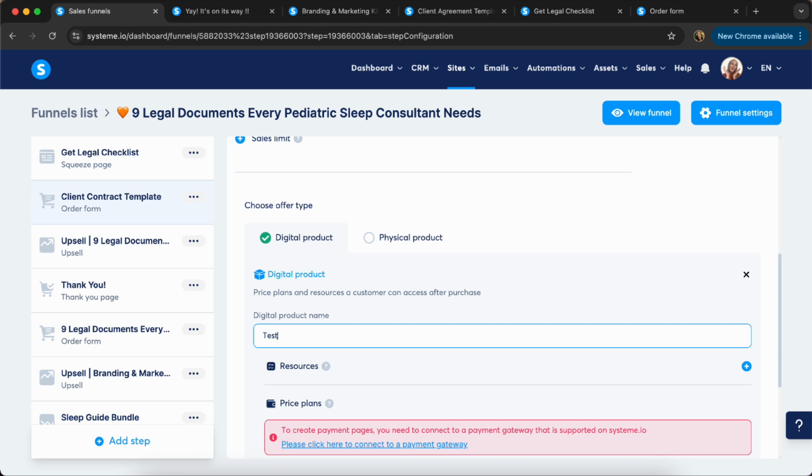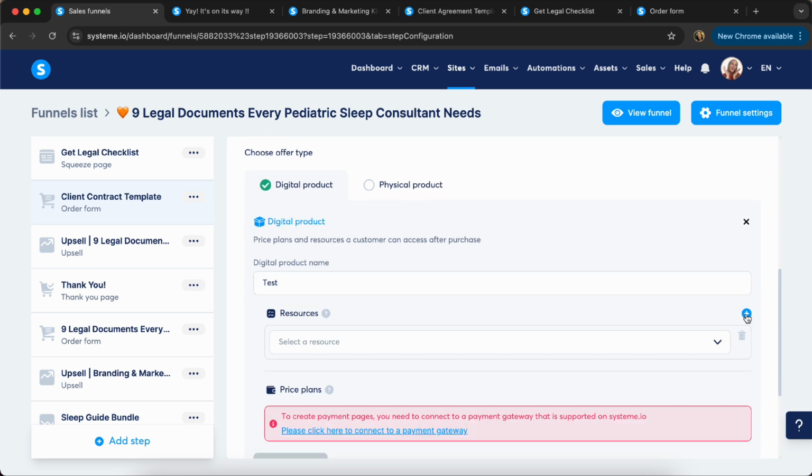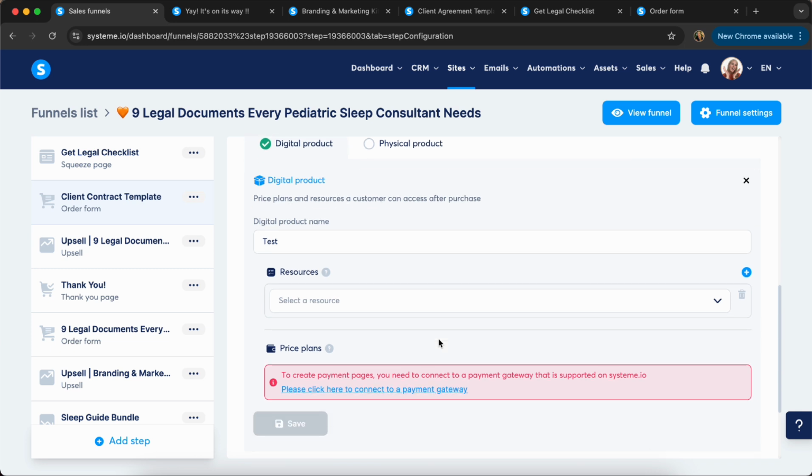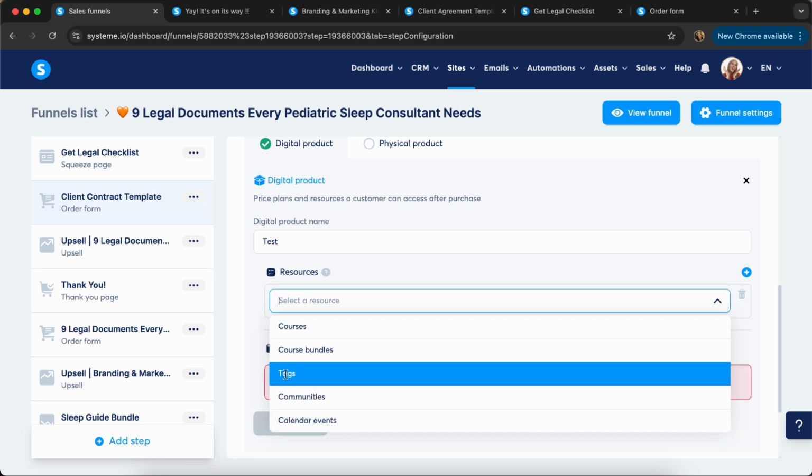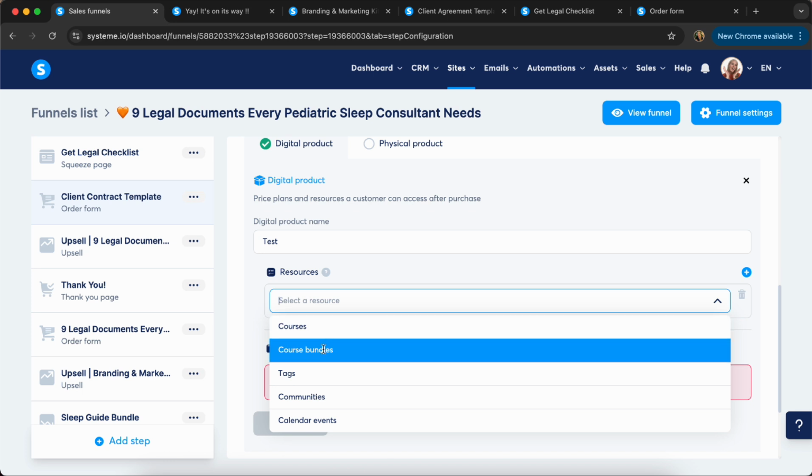You're going to give it a name. And now resources, you might think, oh, now I just add the PDF, right? On my page, they can buy a client contract template. But that's not how it goes. So this is the part that I was struggling with in the beginning, and I want to show you because it's very, very easy. What you want to do is send them, unless you've built a course,